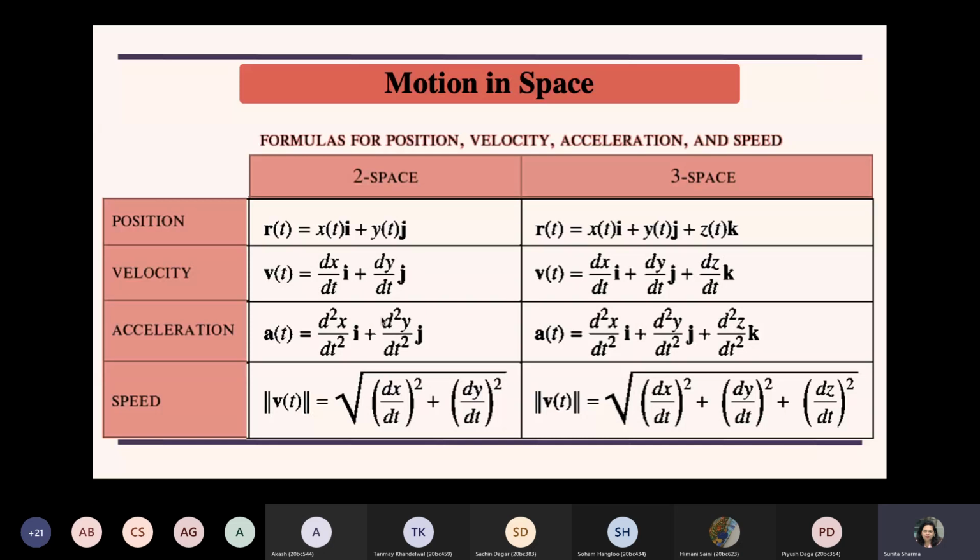In the integration part, you will basically be asked to find the velocity if acceleration is given, or find the position vector of a point if the velocity vector is given with some conditions. So in order to solve those questions, you must be aware of these expressions.